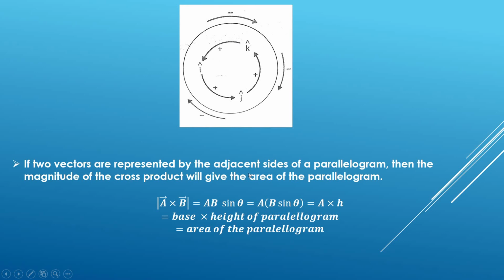If two vectors are represented by adjacent sides of a parallelogram, see the parallelogram law, I will show you that, then the magnitude of the cross product will give me the area of the parallelogram. See this AB sine theta, this is the magnitude, we have omitted the direction part, and this B sine theta is actually the height h. Let me show you